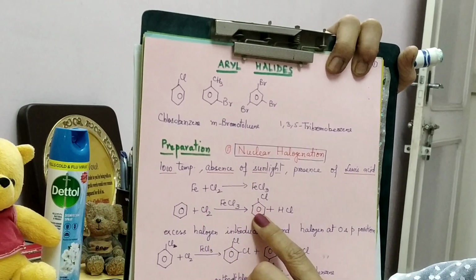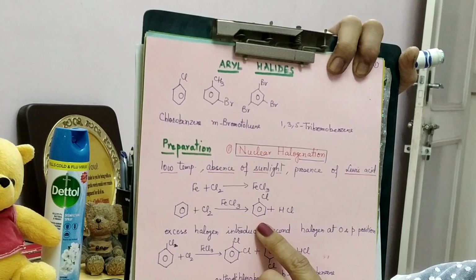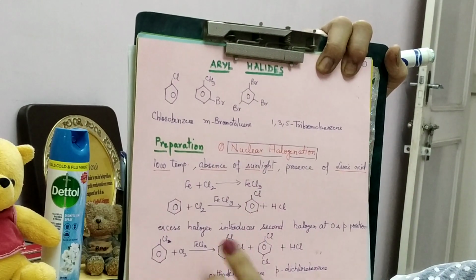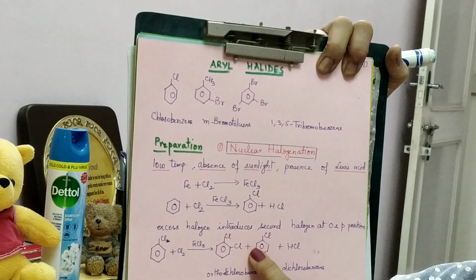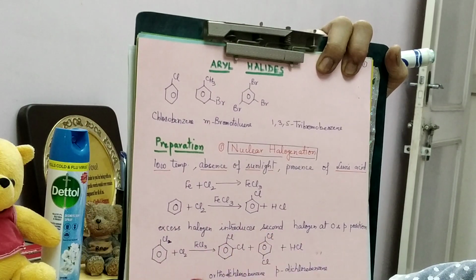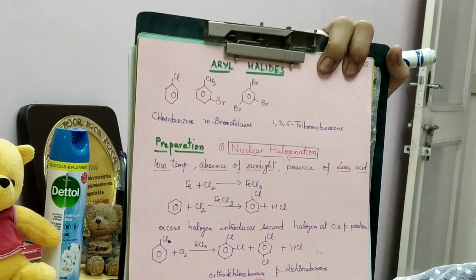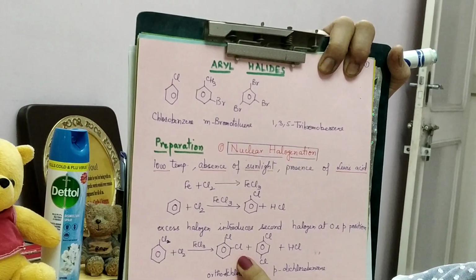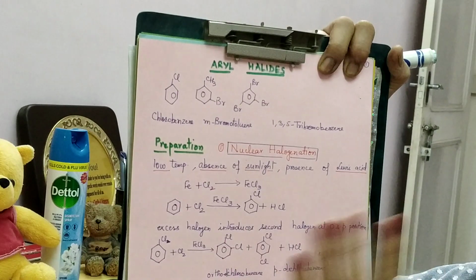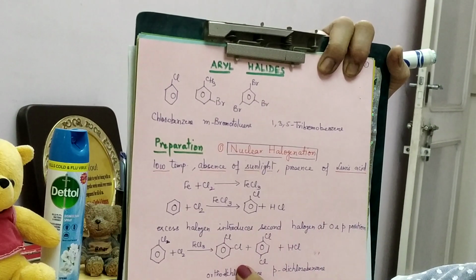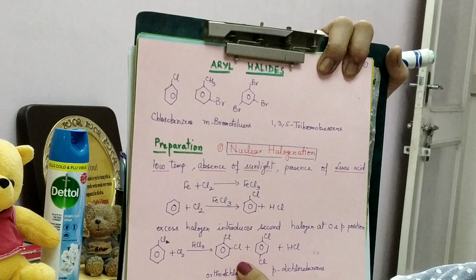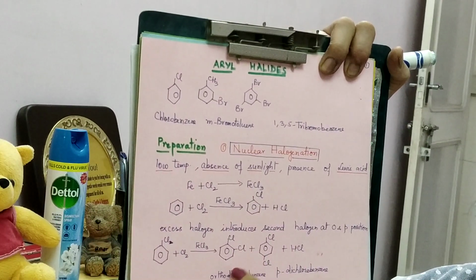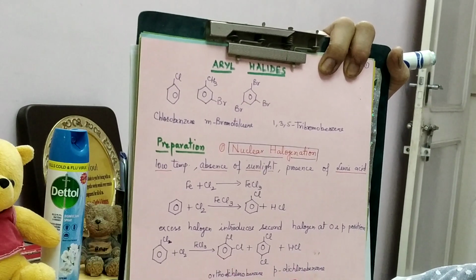How do you do it? You do it in the presence of a halogen carrier and the absence of sunlight, and you can prepare any aryl halide by this method, selecting the suitable halogen and the suitable conditions, and of course the suitable quantity of halogens, which will produce either a monoderivative or a di-substituted derivative as well. In this case you can also prepare di-substituted derivatives, but the positions occupied will be ortho and para.